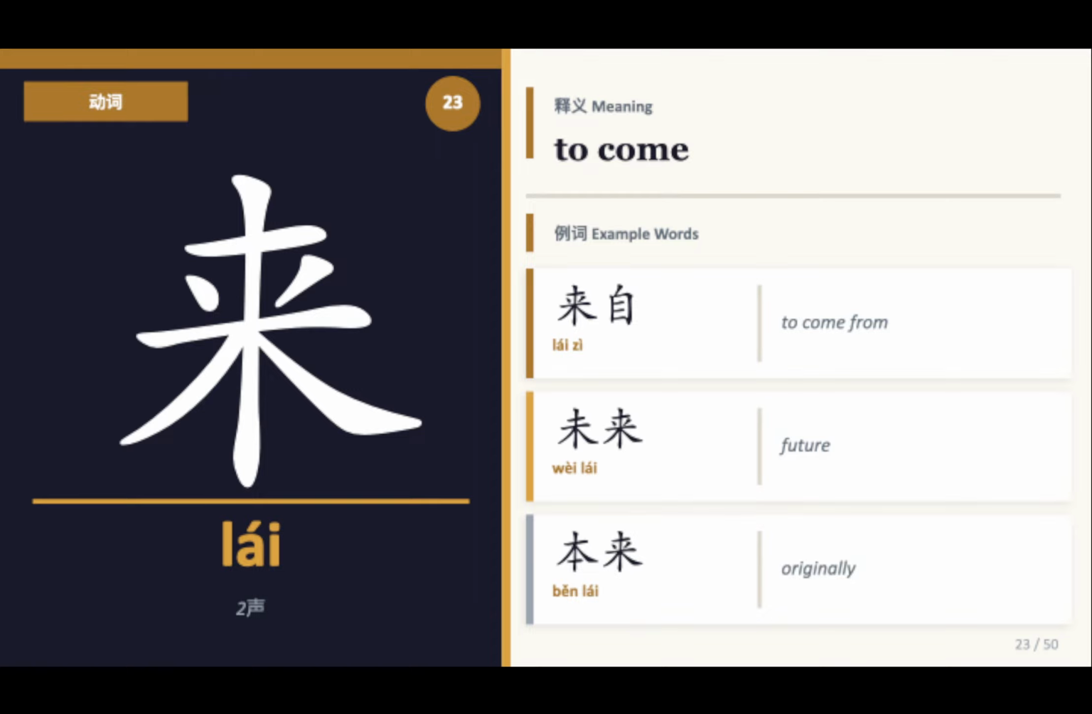来 is to come. So we notice that this is very symmetrical, this word. 来自 is to come from. Like 我来自中国我来自新加坡我来自美国我来自英国 So when you put the country after 来自, is to come from this country. 未来 is future. 未来本来 is originally. 本来